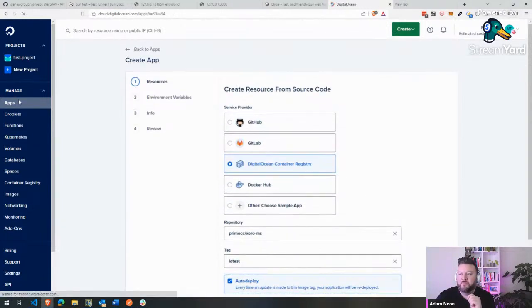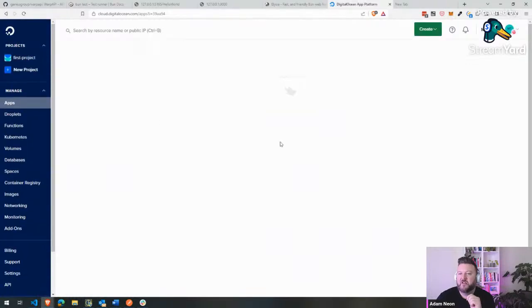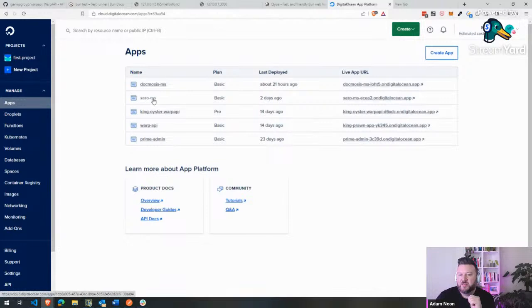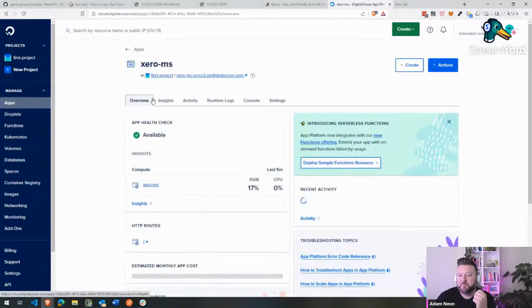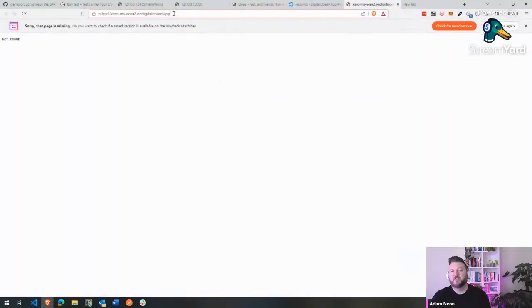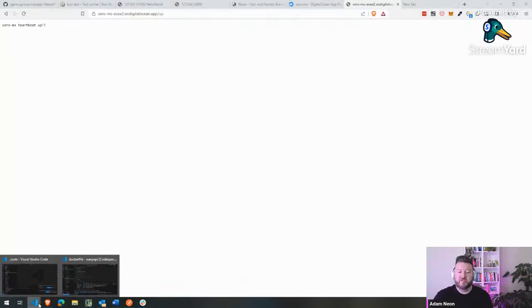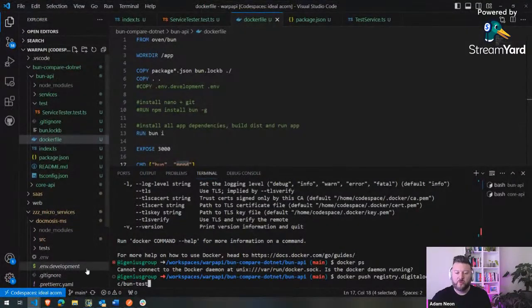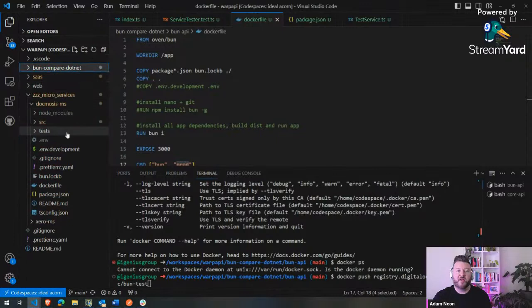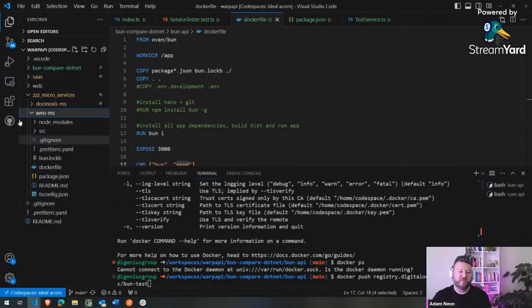What you're going to have is an application that's now live. So I'll give you an example of this. 0ms is one of the services that I've recently released. If I click into that app and I go to the app, now see that a container that I've built, I've pushed it to the DigitalOcean registry, is now running live. And this is really cool for releasing things quite quickly, because now that I've gone through all of those steps, if I wanted to update that 0 microservice, which is actually this one here,